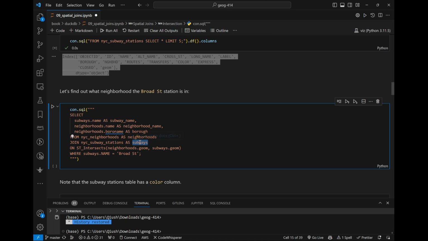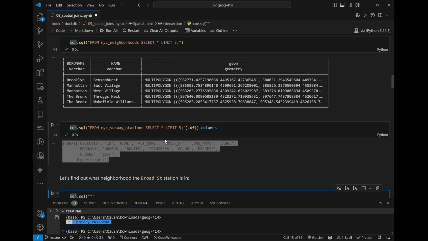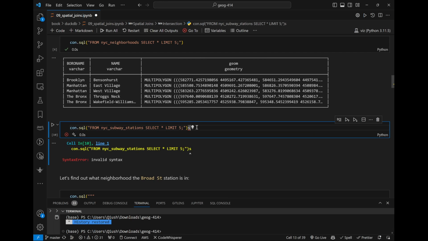Again, we give it a new name, subway. And what this one is doing here is ST_Intersects. I'm going to intersect the neighborhood vector data with the subway vector data. And then which one I'm going to intersect, I only want the one where the subway name equals Broad Street. Okay, so the subway, if you go back to this one here, right? So the subway has,